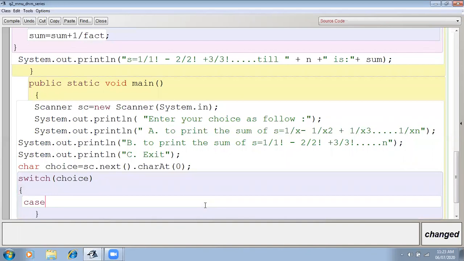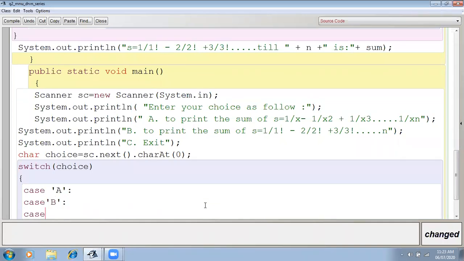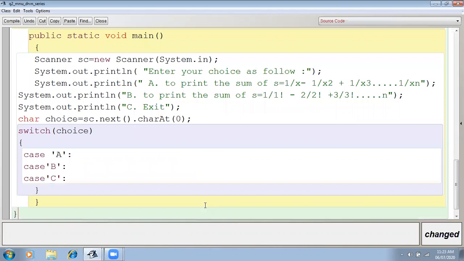Now in the switch choice, I'm going to form case. Which case? Capital A. Okay. Then case B. Okay. Then case C. Okay. Now if the user is choosing A, what do I have to do? I have to call the series one.